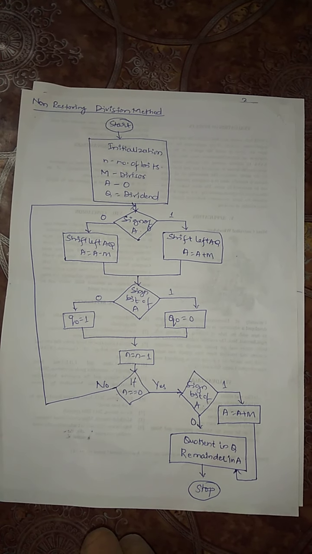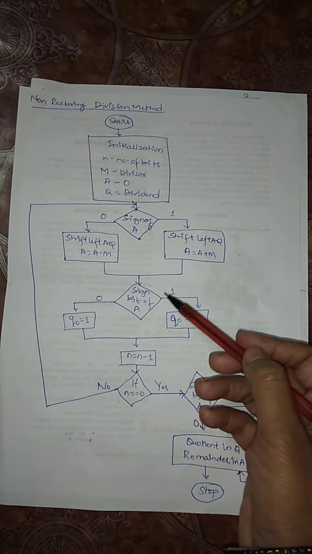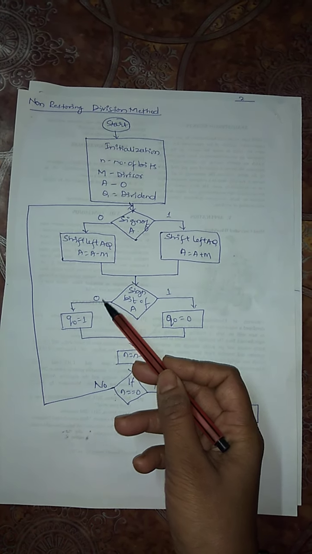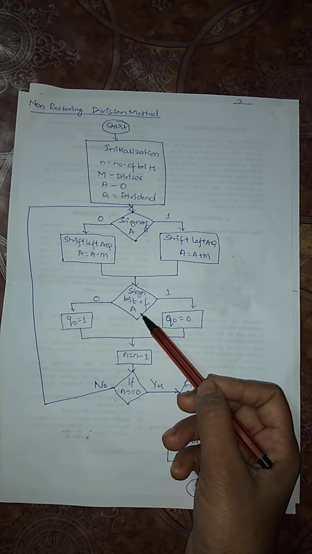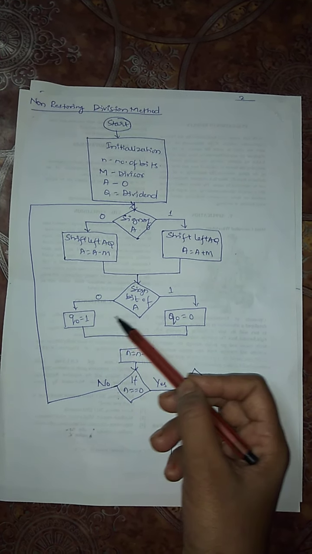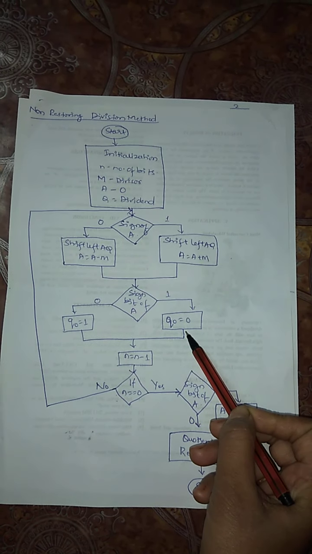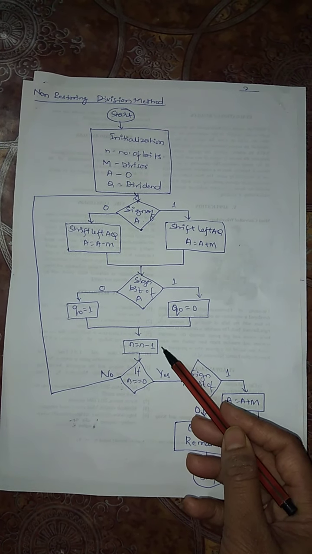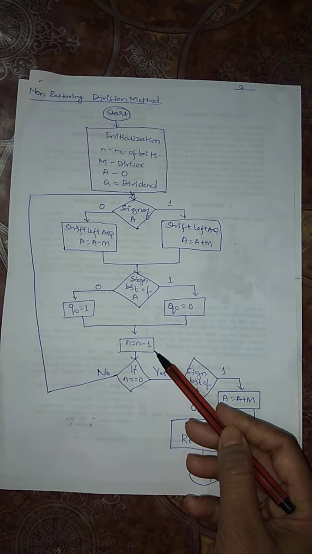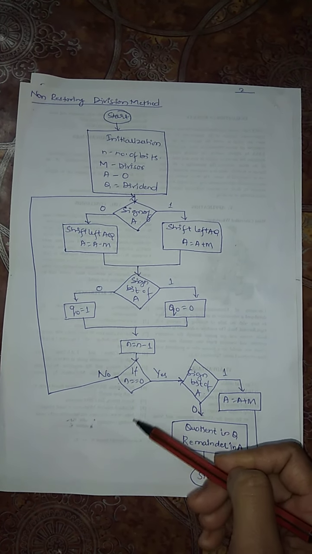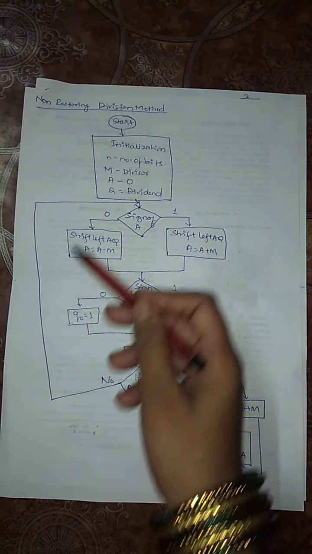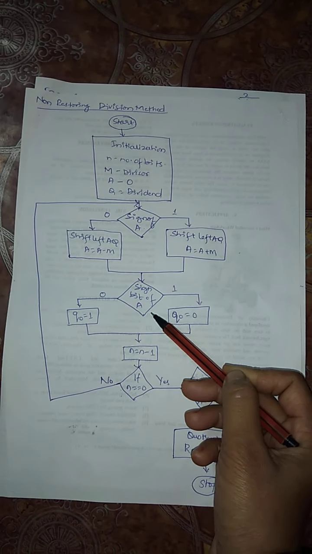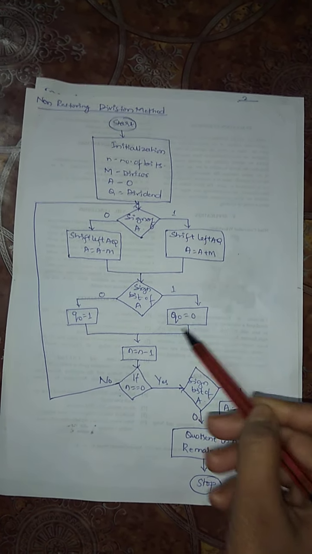Then after this shifting and adding, we again check the MSB of the accumulator. If it is 0, Q naught will be 1. If it is 1, Q naught will be 0. Now we have set the value of Q naught. After that we do N is equal to N minus 1, which is the count value. If count is equal to 0, then we stop. If it is not equal to 0, again we check the sign, do left shift, addition or subtraction, then the sign bit to get the value of Q naught. Like this we are going to do.